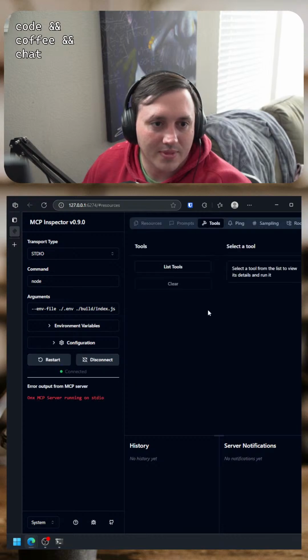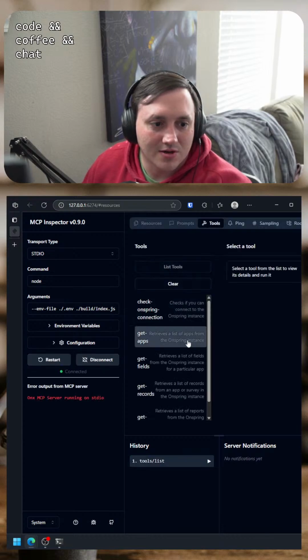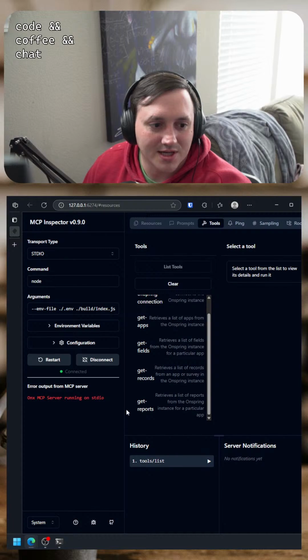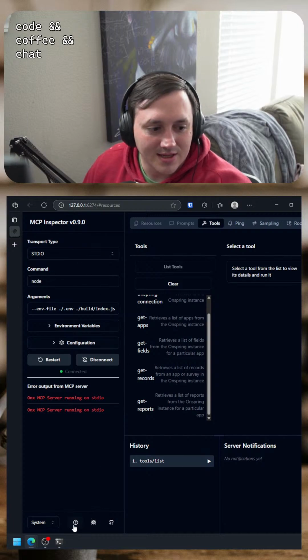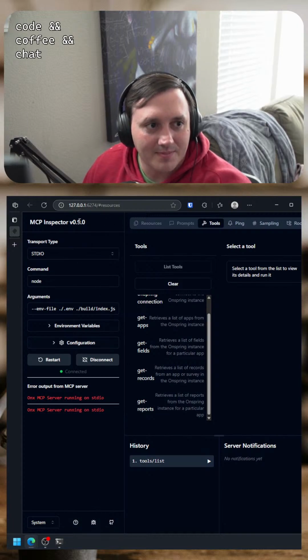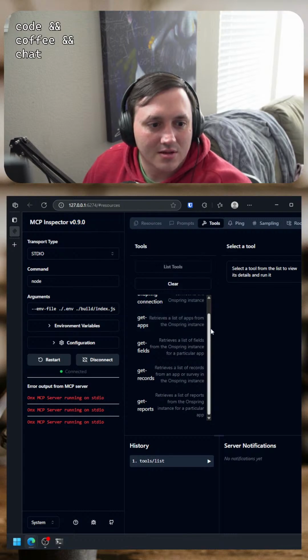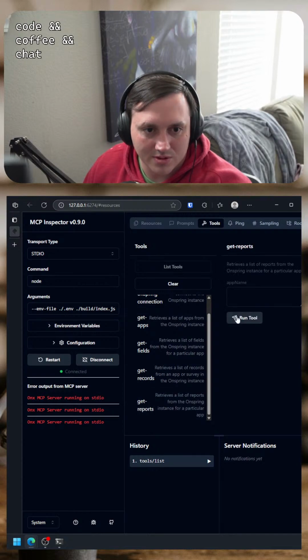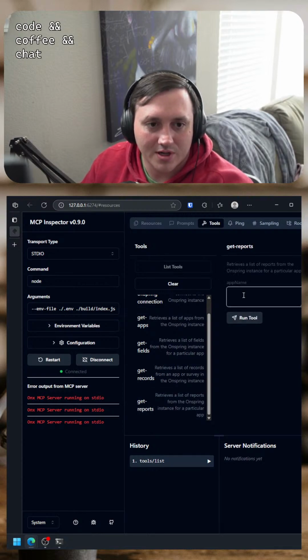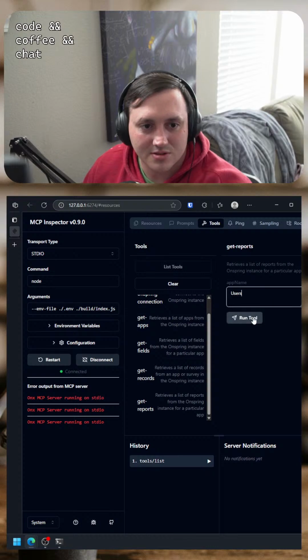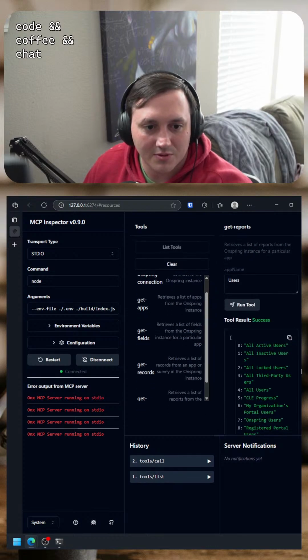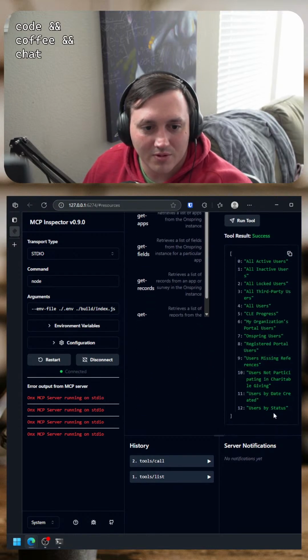All right, so let's list our tools. This window's getting way too cramped. They need a way to collapse this. They need to update this inspector so that I can collapse it. Now let's see, get reports. We're still going to do users. There we go. Look, there's all the reports.